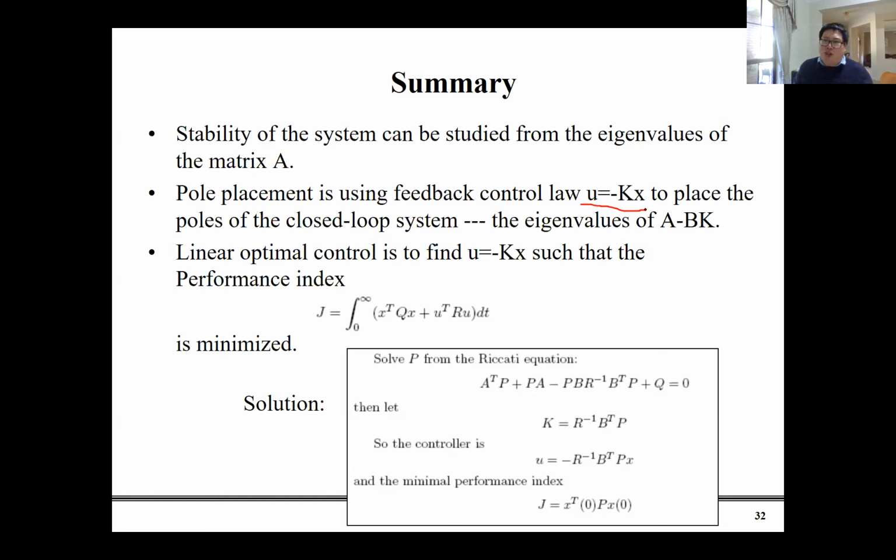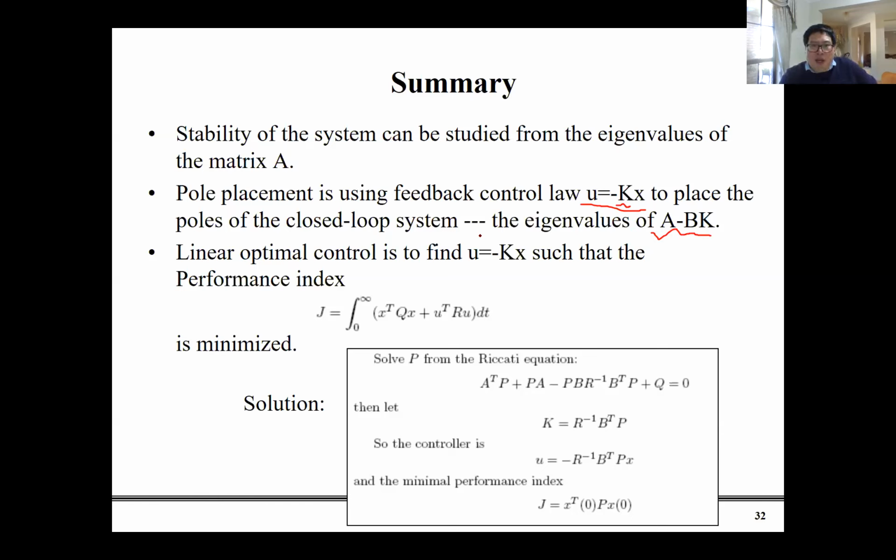Then we can change our input as the state, right? So we can change our input u to be equal to minus kx. Then we can choose a proper k to make the new A matrix, A minus bk, have all eigenvalues negative,